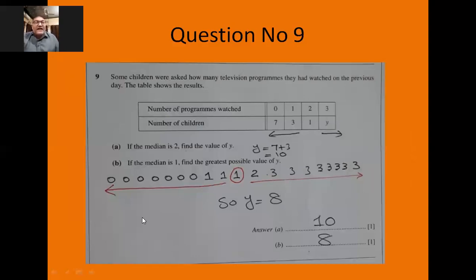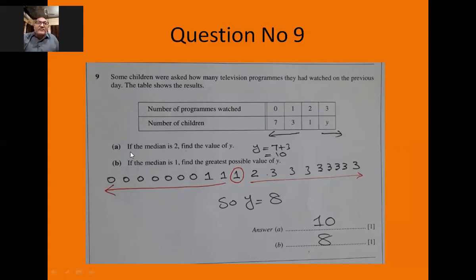Okay, so question number 9 is coming up on your screen. He says some children were asked how many television programs they had watched on the previous day. The table shows the results. So number of programs watched: 0 program, 1 program, 2 program, 3 program. So number of children, and this is the X value, this is the frequency. 7 children watched no program, 3 children watched 1 program, 1 child watched 2 programs, and there were Y children